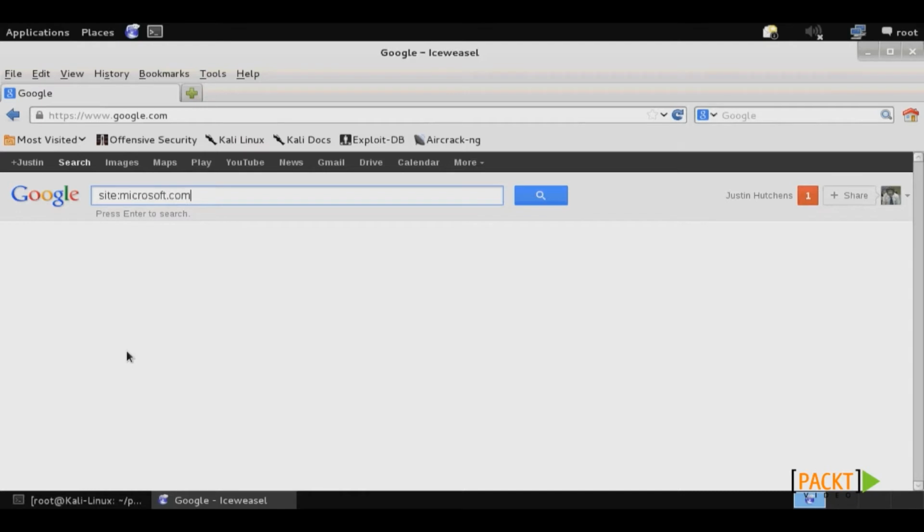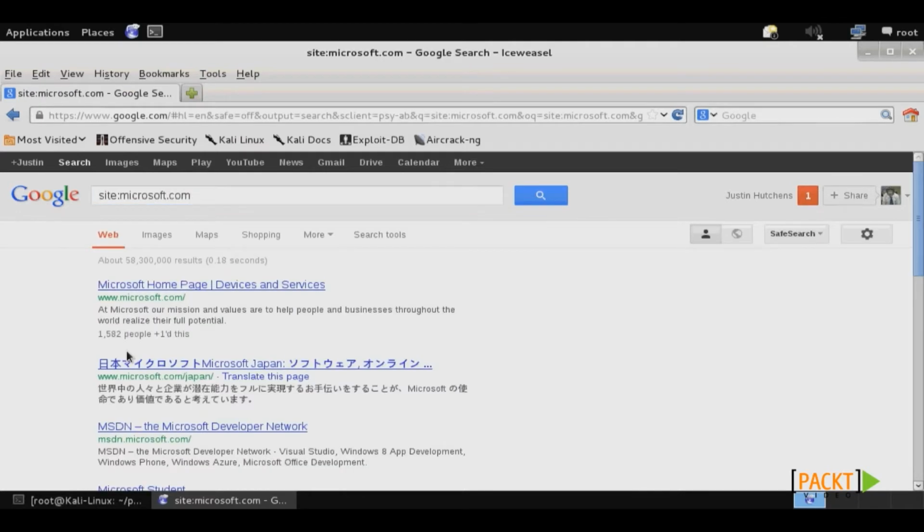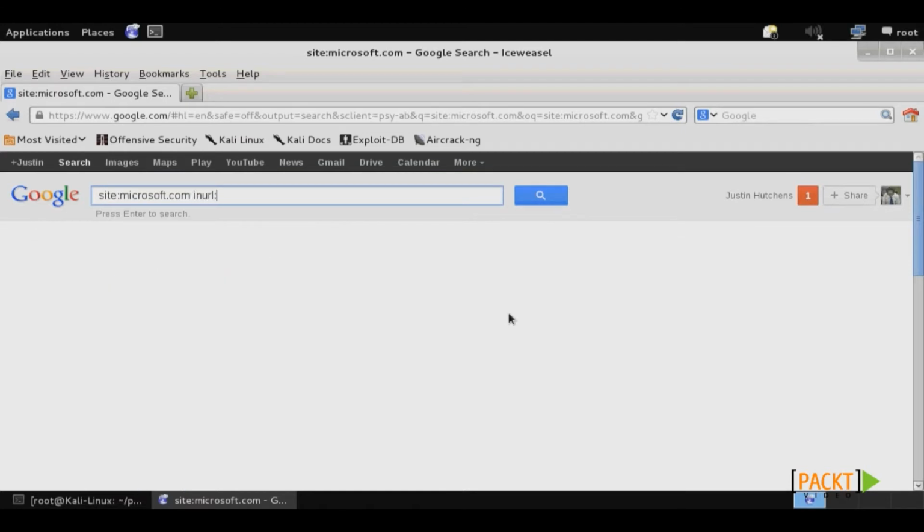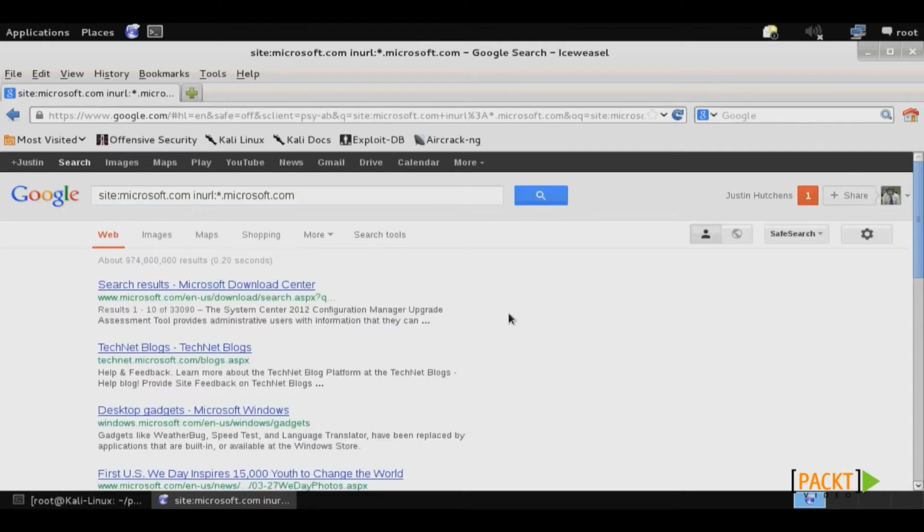site:microsoft.com. This will only return content within the microsoft.com domain. Then we want to use inurl:*microsoft.com. In this command, the asterisk is used as a wildcard, so this will return any results that have within the URL something.microsoft.com. Finally, we want to remove the obvious